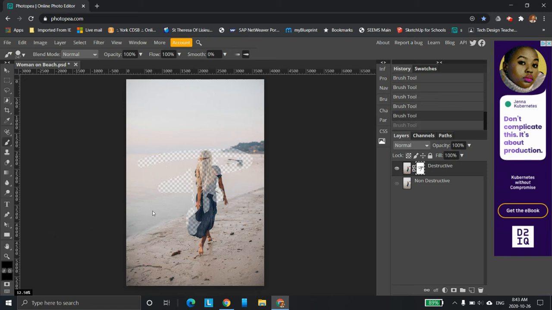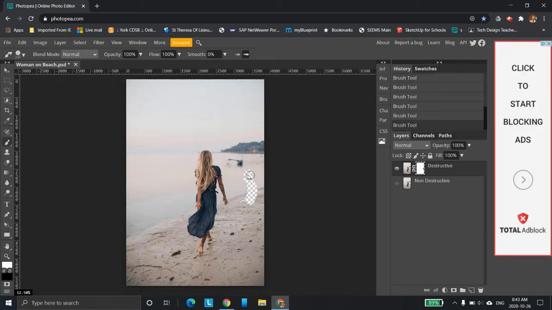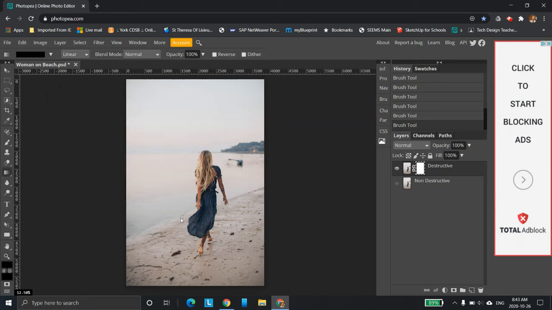So I'm going to undo these few little options I've done here, and I'm going to go back and I'm going to delete this. Oops, wrong color. I'm going to grab some white and come in here with the white and clean that up with the white. Now you can use one other thing here. We can use the gradient tool. So we can come over here, and click here. And if we select the top one is white and the bottom one is black,